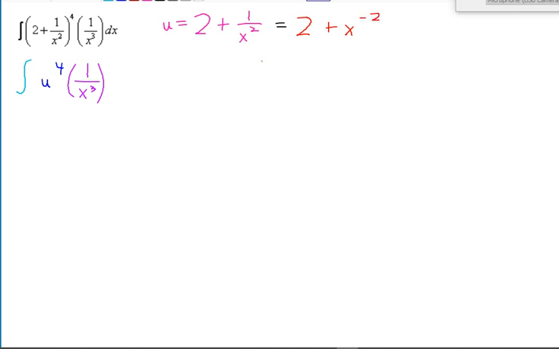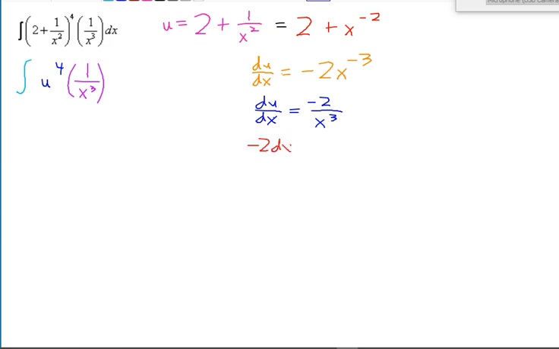And so now when you find the derivative, du dx, the derivative of 2 is 0. And then you can just use the power rule, bring down the negative 2. So it'll be negative 2 x to the negative 3. And then to solve this for dx, what I would recommend to make it a little simpler is to first get rid of the negative exponent. So you can first rewrite this as negative 2 over x cubed. And then when your derivative is a fraction, it tends to be easier if you cross multiply to help you solve for dx. So notice we go negative 2 times dx,